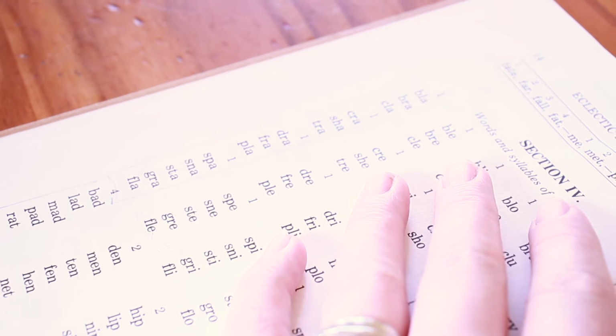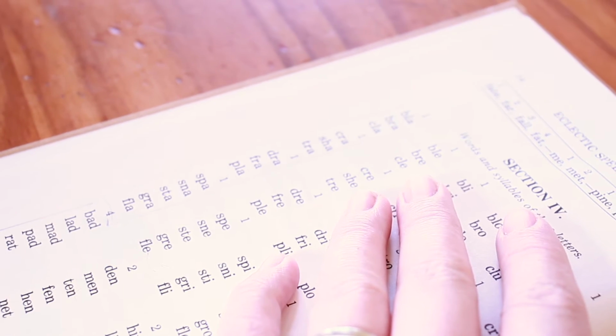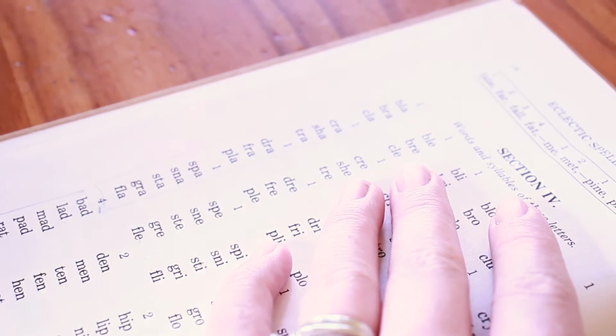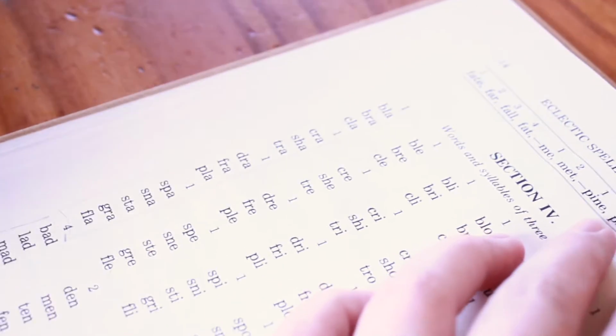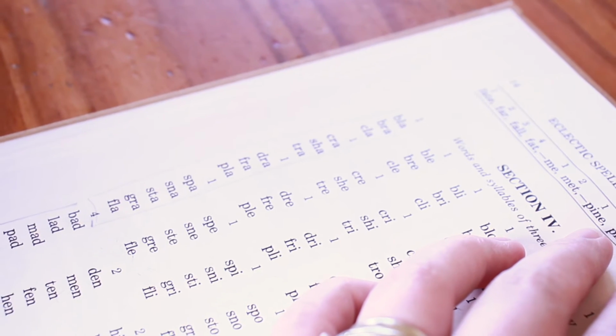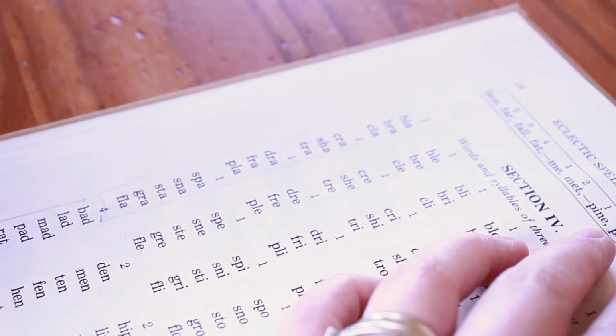So they're not words, but they're a way of your child really having to move their mouth around the sound, having to sound out the sound, and then having to work hard on placing those 3 sounds into one fluent sound. Blends are very important for your child's ability to really hone sounding out separate letters and putting them together into one. And if you focus on these, I usually focus on like 5 to 10 at a time. Have your child read them out loud, and that will help you really hone their skills when it comes to